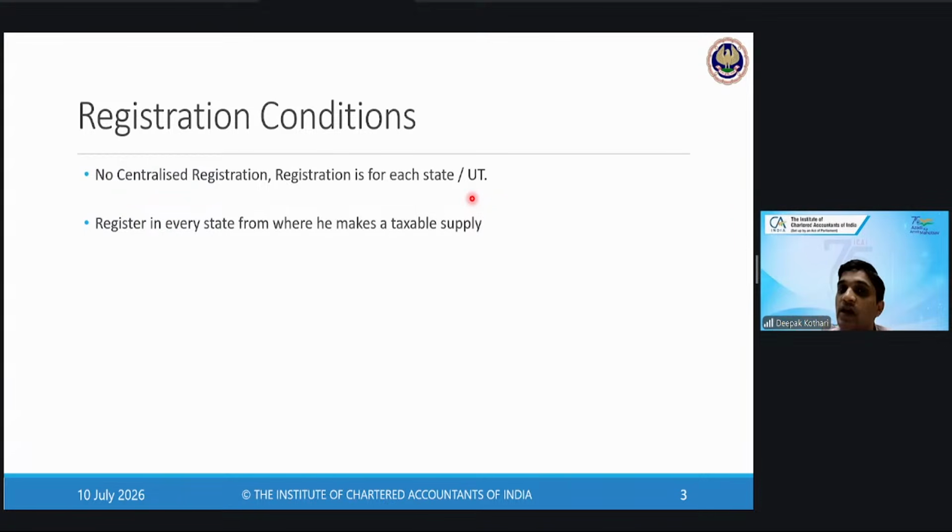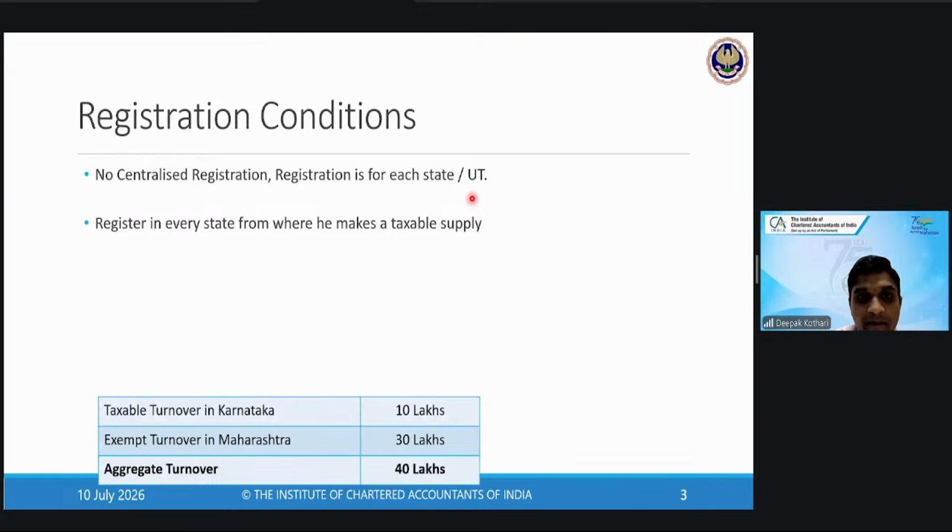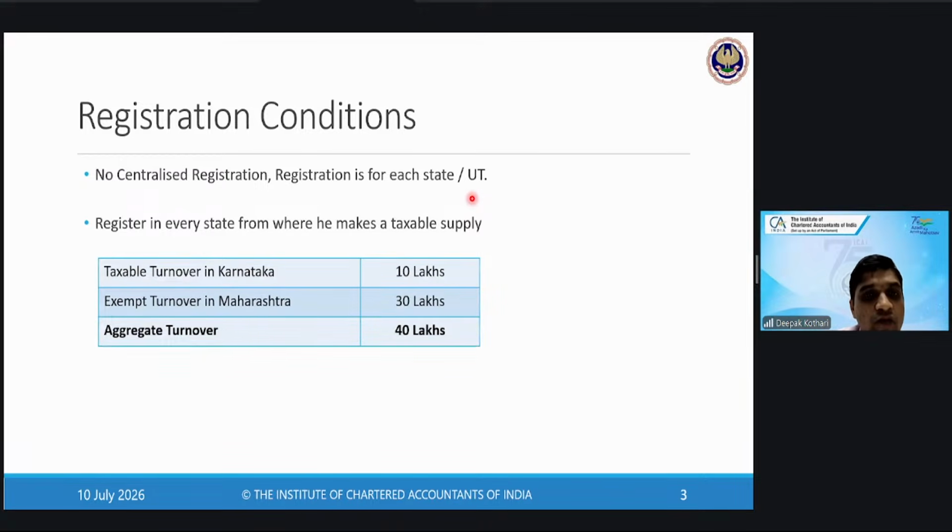If he is supplying to another state, he is not required to go to that state and register because he does not have any kind of presence there. His customers are there, so he will charge IGST to that location, but he will not take registration in that state. Okay. Now, if the taxable turnover in Karnataka is 10 lakhs and the taxable turnover in Maharashtra is 30